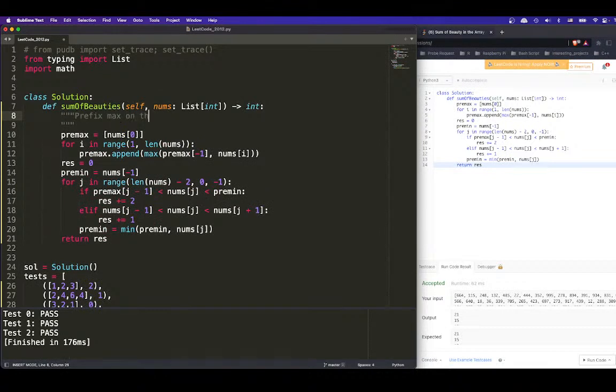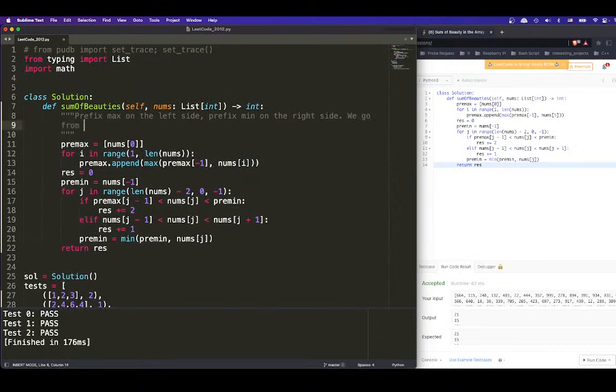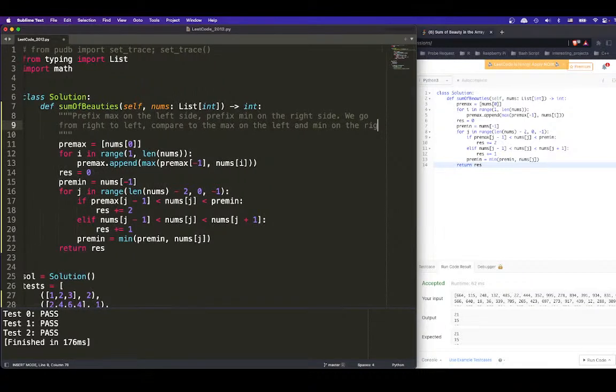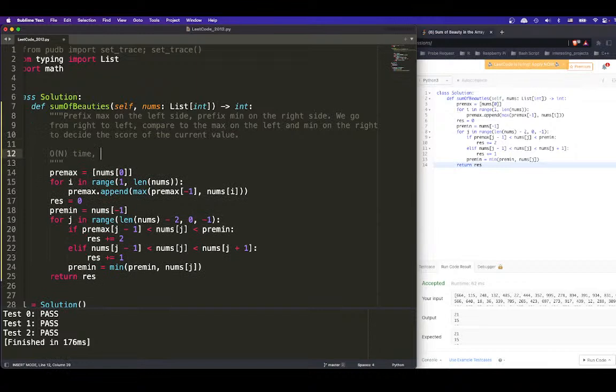Prefix max on the left side, prefix min on the right side. And for each, we go from right to left, compare to the max on the left and the min on the right, to decide, right, the score of the current value. Now there's O(n) time and O(n) space,